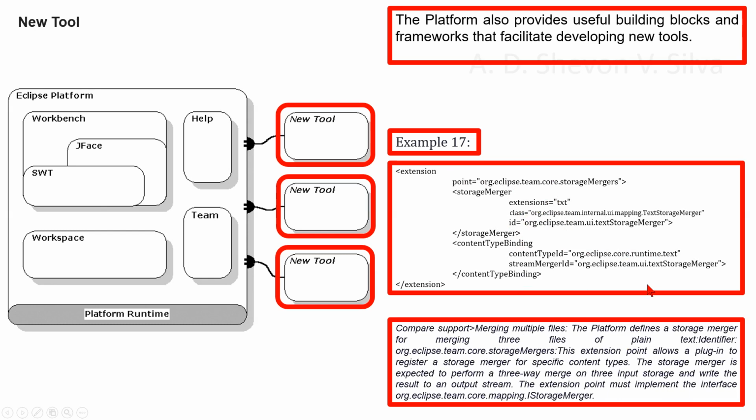In some cases, now we are considering merging file types in compare support. The platform defines a storage merger for merging three files of plain text. The identifier org.eclipse.team.core.storageMergers. This extension point allows the plugin to register a storage merger for specific content types. The storage merger is expected to perform a three-way merge on three input storages and write the result to an output stream. The extension point must implement the interface